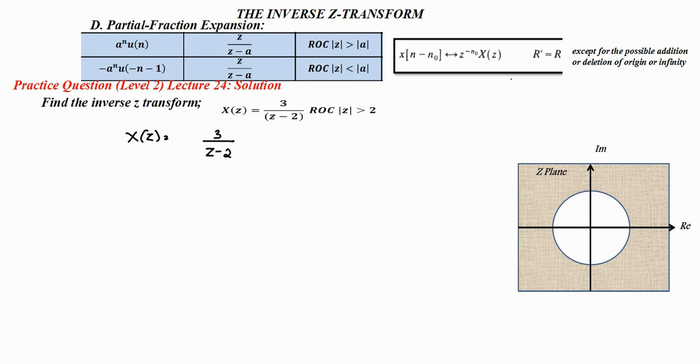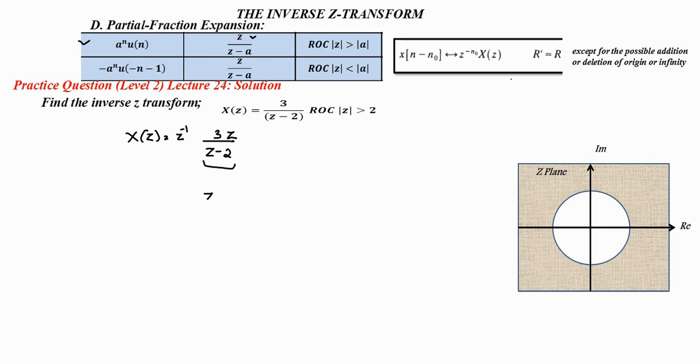compare with the first equation, here you can see that there is z by z minus a, but there is no z. So in order to compensate that, or to write in the standard form, we will put a z here. To cancel this, we will write z raised to minus 1. So we will get the same thing. Okay, and if the signal is, first we will take only this part.